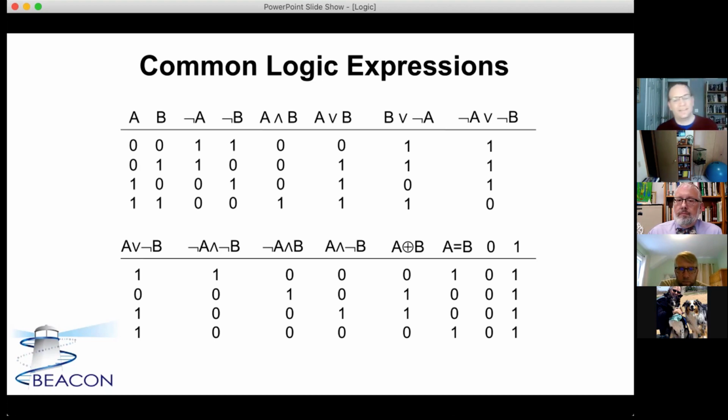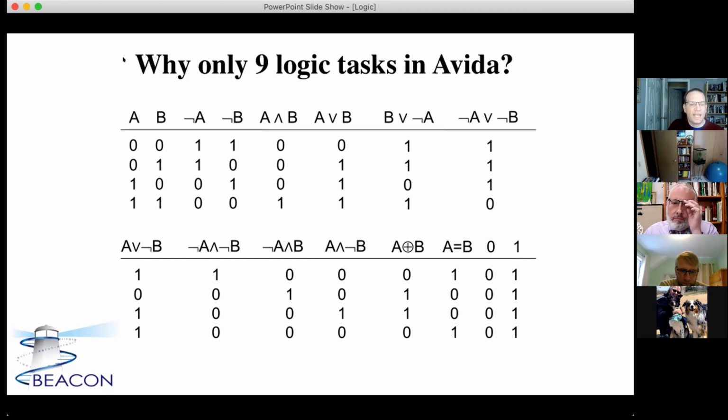Now, great, these things have various symbols. These symbols look nothing like any of the symbols you see in Avida-ED. And you'll notice I said there are 16 patterns, but we only have 9 logic functions within Avida-ED. There's actually a reason for that. If we go through and look at these individual functions, we have to take into account the fact that we only have these 9 logic tasks. Some of these aren't actually different from each other, and some of them aren't even logic tasks.